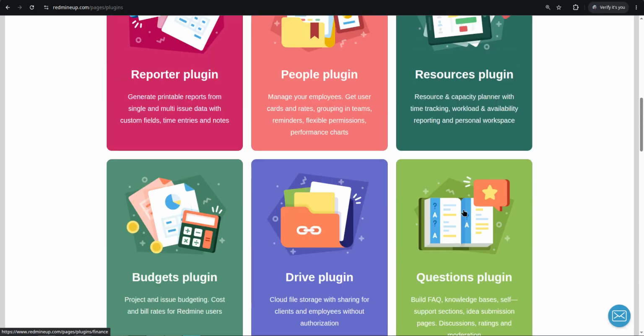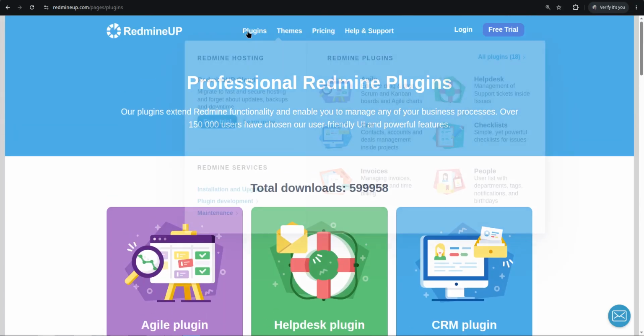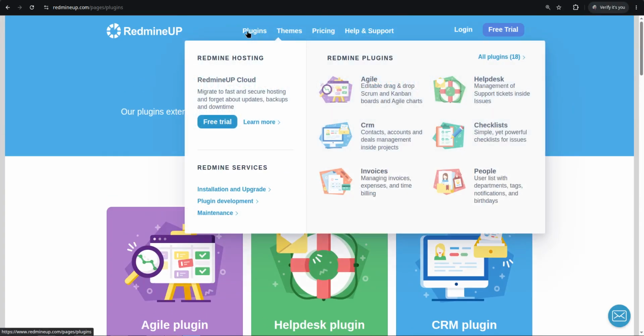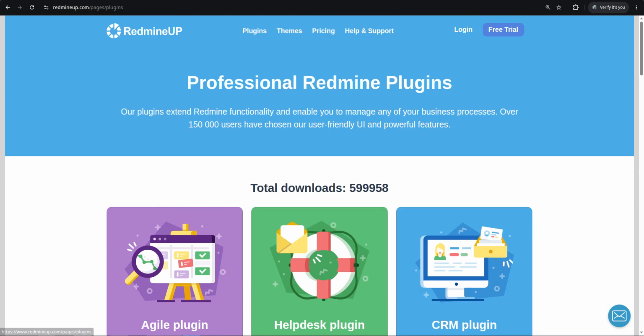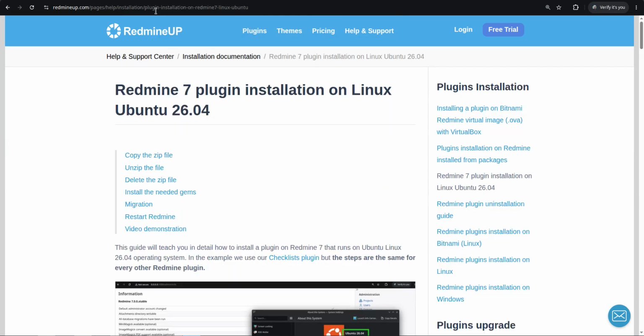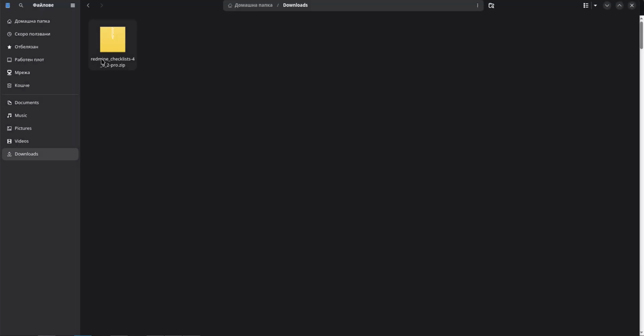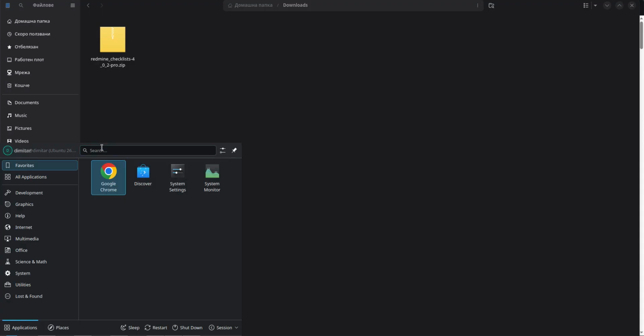Please feel free to install them if you wish, and as I said, you can install every other plugin following this guide. Okay, so we have downloaded the plugin file. That is a zip file, and now we need to open our Linux terminal